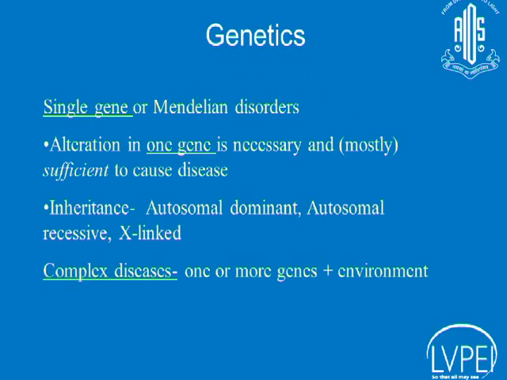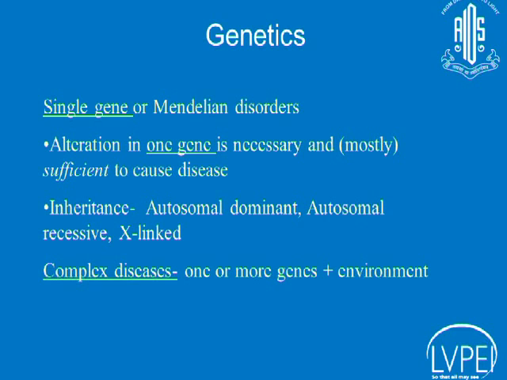So basically, when we say genetic disorders, we have the so-called, because concepts have been rapidly changing over the last several years, single gene or Mendelian disorders, because they obey Mendel's laws of transmission. Which basically is that you have alteration in one gene which is necessary and mostly but not always sufficient to cause the disease. And you have the classically described modes of inheritance as per Mendelian laws, which are autosomal dominant,